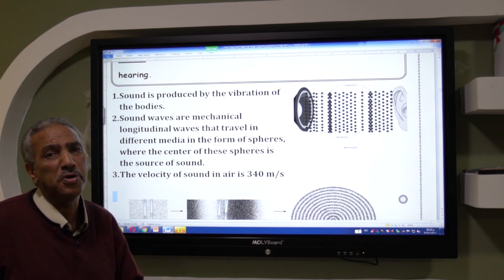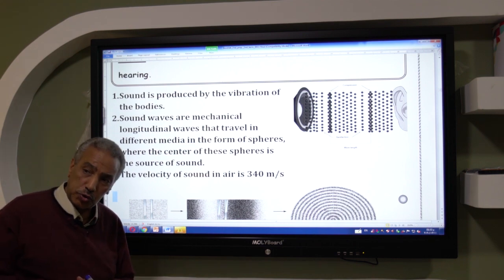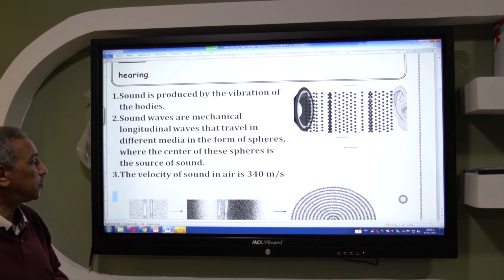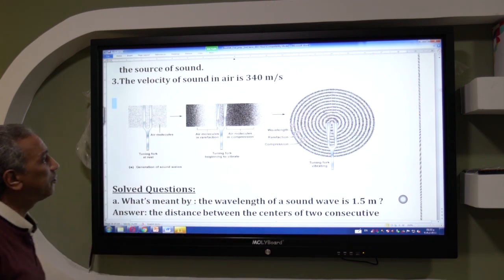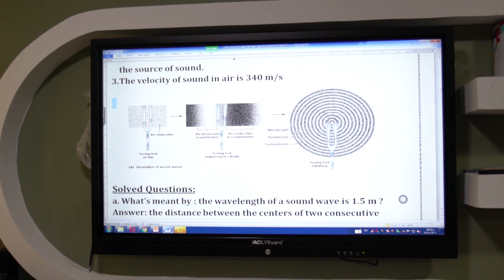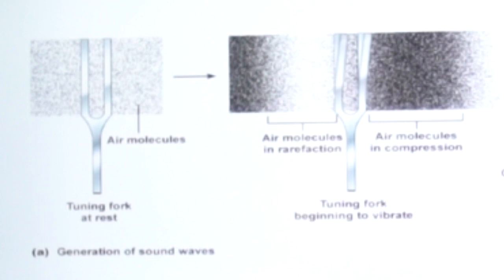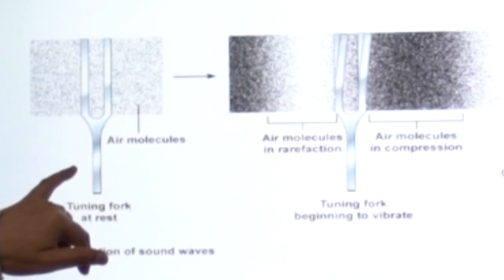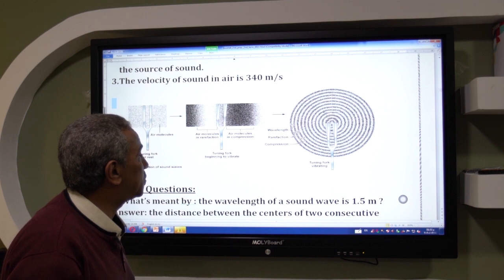Through the air it will be different from when it is transferring through a liquid, or through a solid. This shows that we can have different bodies making the vibration. This is a tuning fork. When the tuning fork produces sound, it vibrates, and then the particles of the air around it will vibrate also, and this is the only way of propagation for the sound waves.